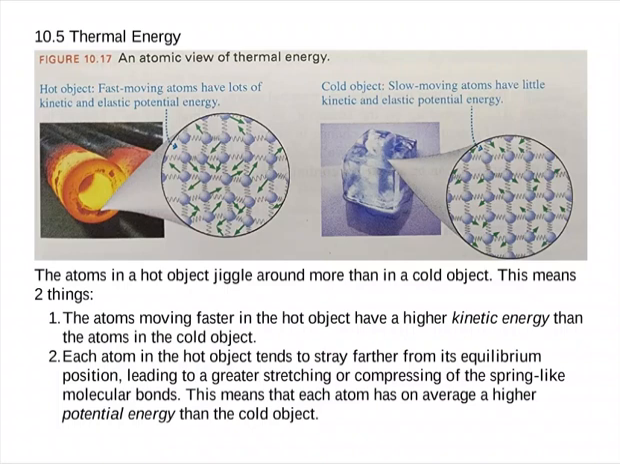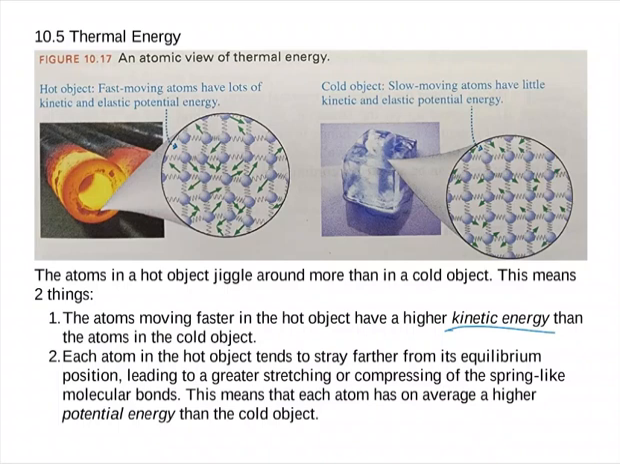They're fast moving, lots of kinetic energy, lots of elastic potential energy. The cold object, slow moving atoms, little kinetic energy, little elastic potential energy. So, they're jiggling around a lot more than in the cold object. So, two things. The atoms are moving faster in the hot object, they have higher kinetic energy, and each atom